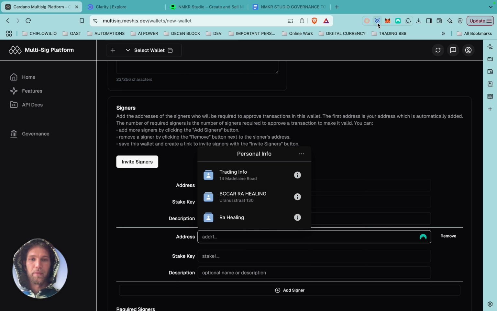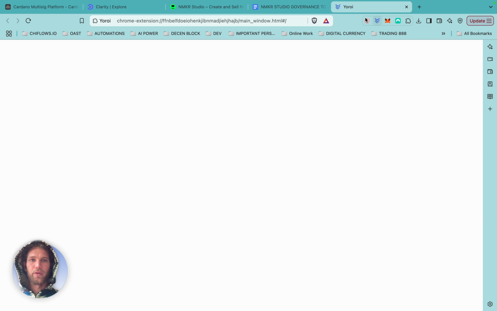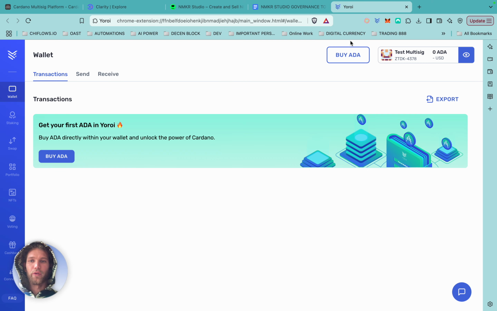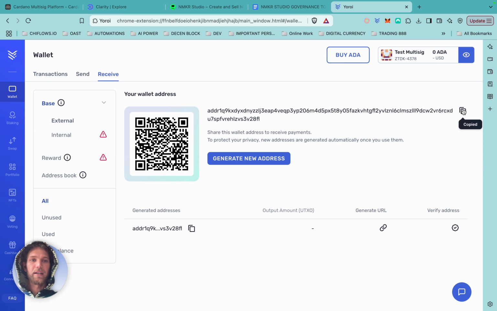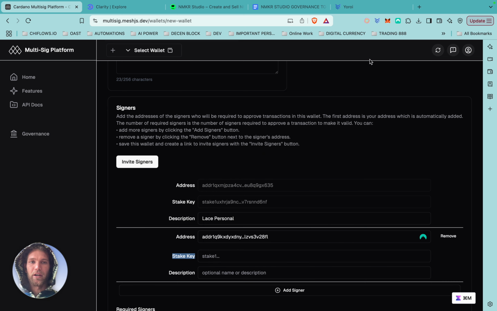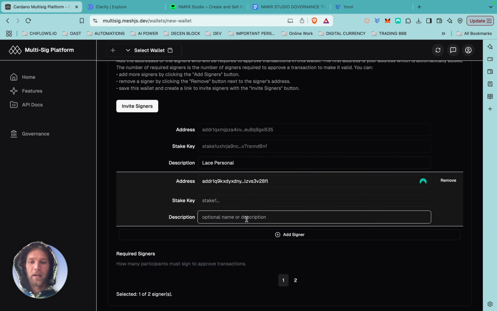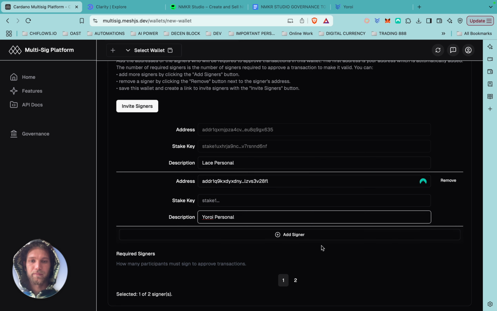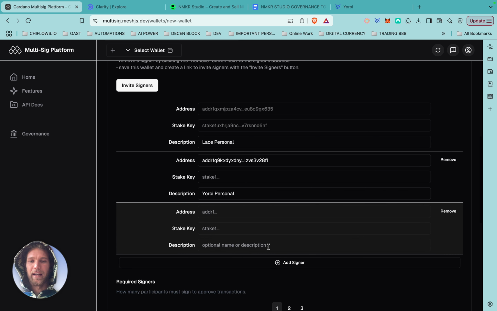This I'm going to open up Yoroi. It's confusing me the whole time. I'm just going to call it Yoroi. I haven't played around too much on this, so we're just going to say receiving key. Boom, it's the wallet address. We're going to paste it in here. I haven't been able to find the stake key on that account, but that's okay. And I'm just going to go Yoroi personal. And we could add in a Chief Lowe's